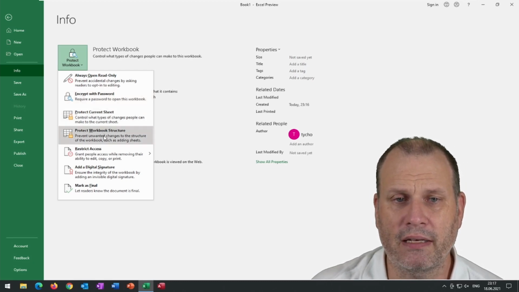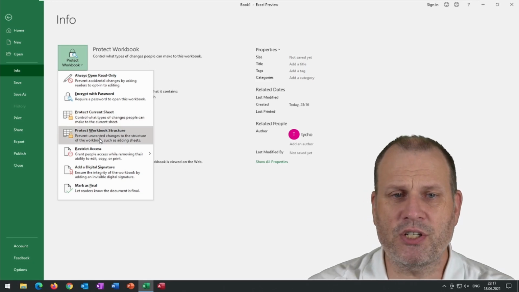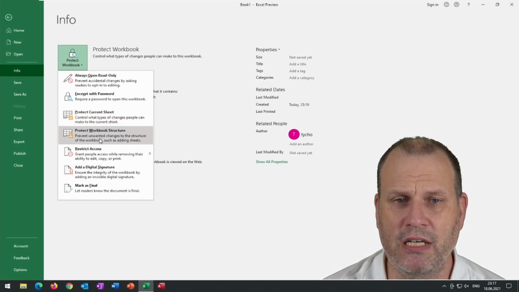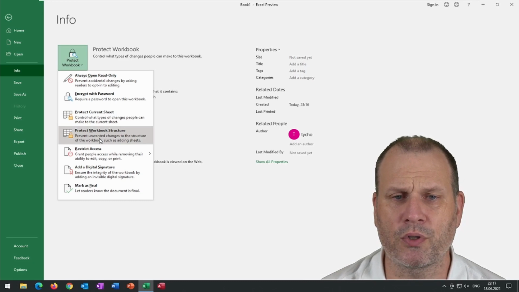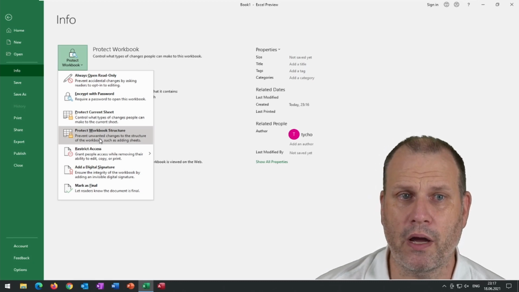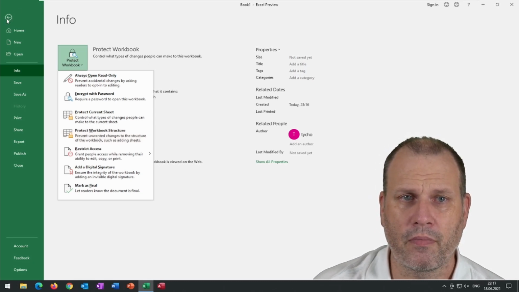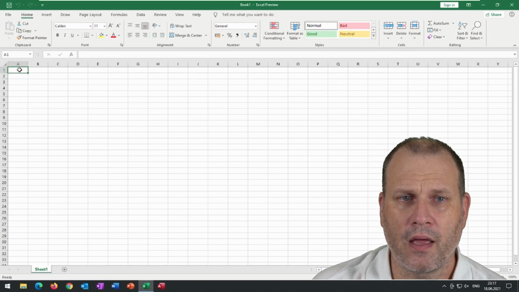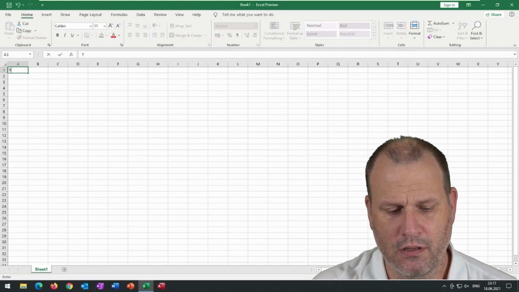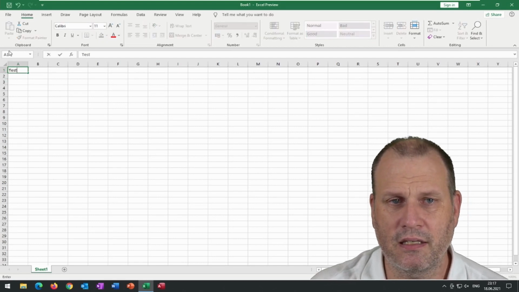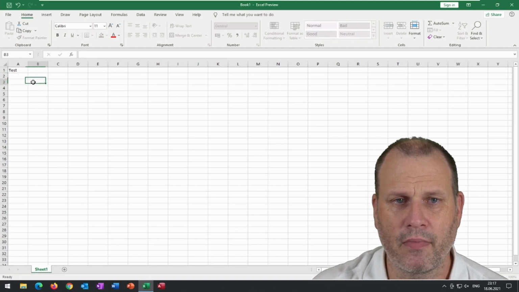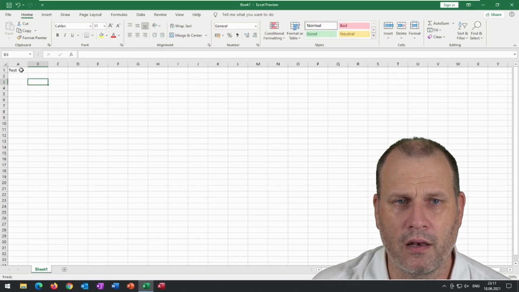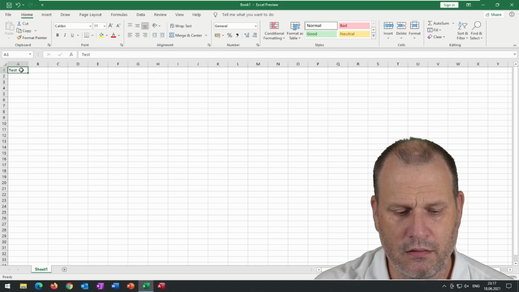This will actually require any user to enter this password prior to being able to open this Excel sheet. Now below that tab, you find two suggestions to protect the current sheet and to protect the workbook structure that aren't really protections at all. Let's see why. I'm going to enter test into the cell A1. Now I can